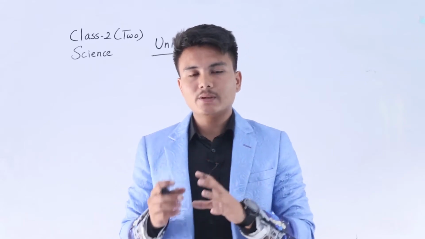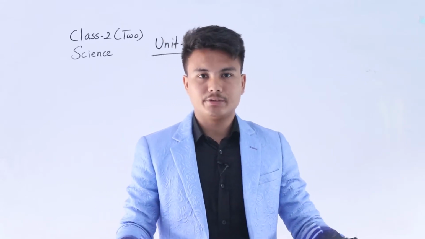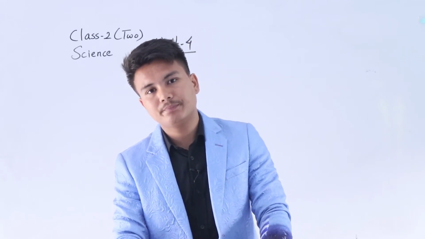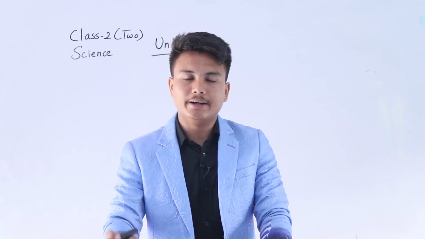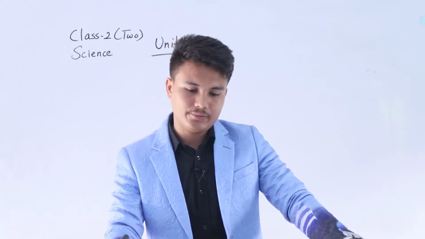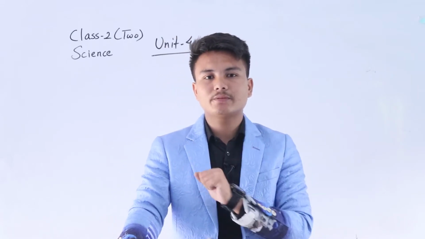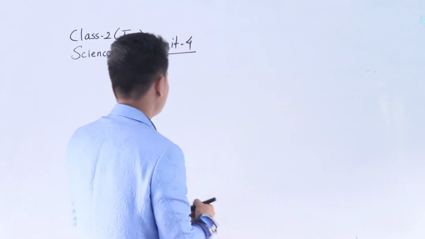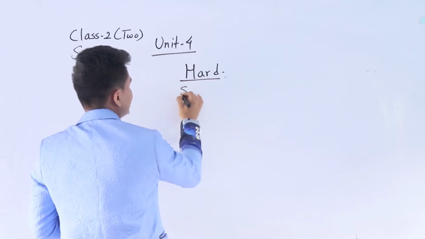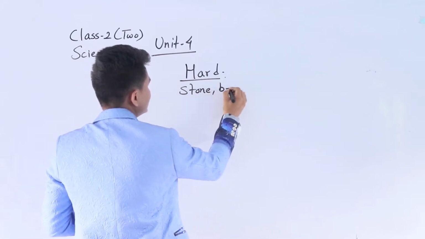So, materials obviously have what? Matters. What are the materials, hard or soft? Either hard or soft. There are various types of materials around us that we regularly see in our daily life. Some are hard and some are soft. Can you give me some hard objects and soft objects? Hard object examples: just the stone, your bed.